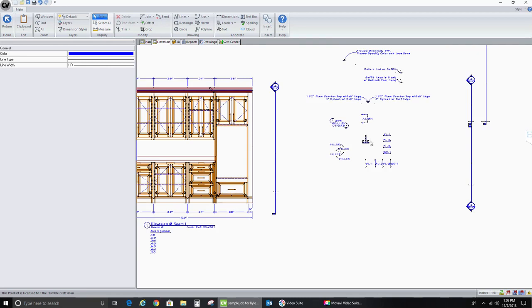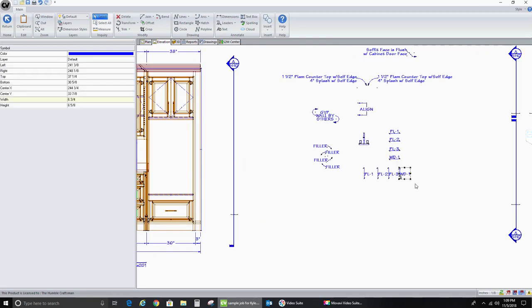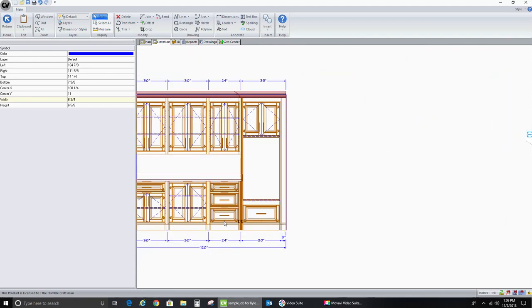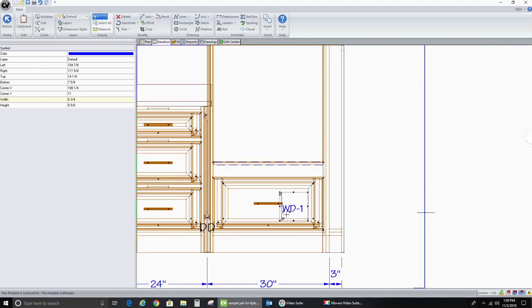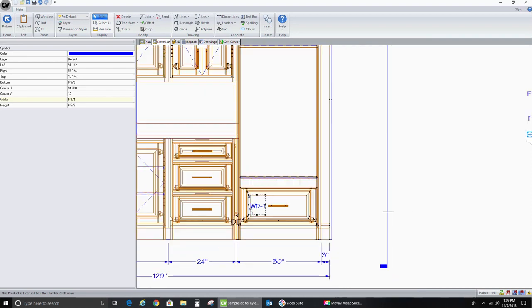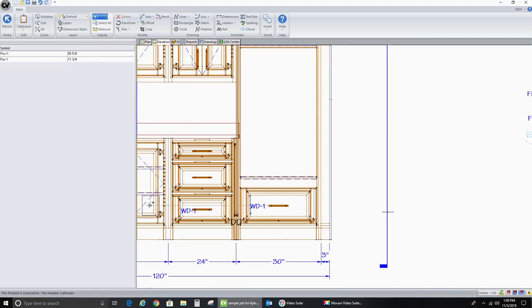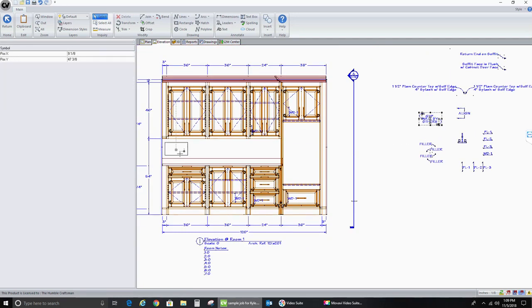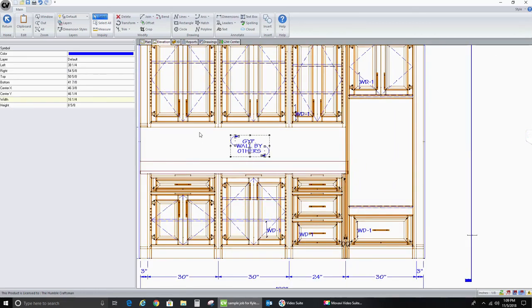So let's say you're going to bring it in at 3/4 scale. I drag this out. It's going to ask me for some information, the architect's reference for that elevation. So I can do 12A 201 and say this will be elevation 1. And now I just drag this over to the side. And now I can take and ungroup this, and now I can take my notes